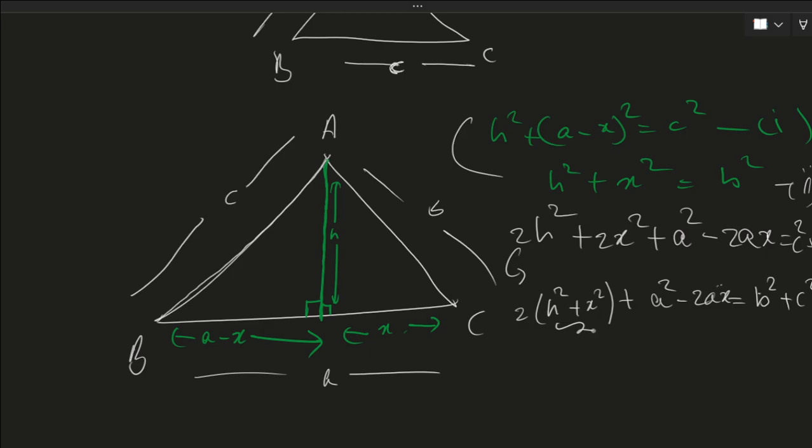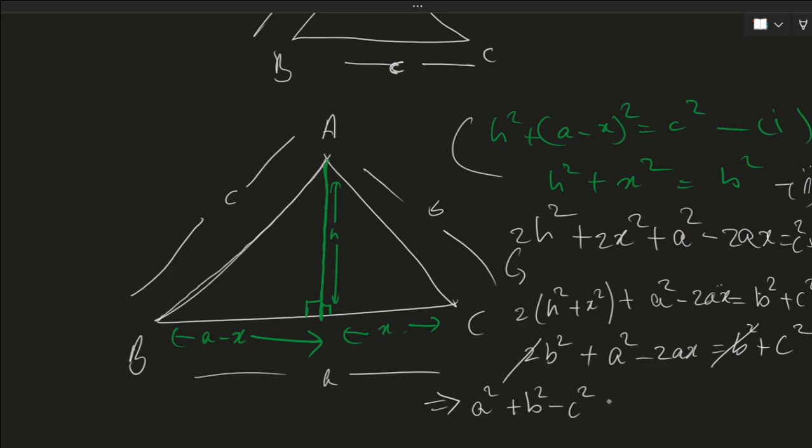Now we don't want this, but it's pretty easy to eliminate because h squared plus x squared is just b squared. So 2b squared plus a squared minus 2ax equal to b squared plus c squared. To eliminate this, here you get a square plus b square minus c square equal to